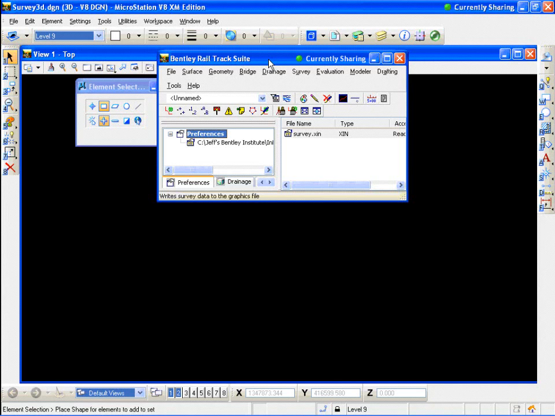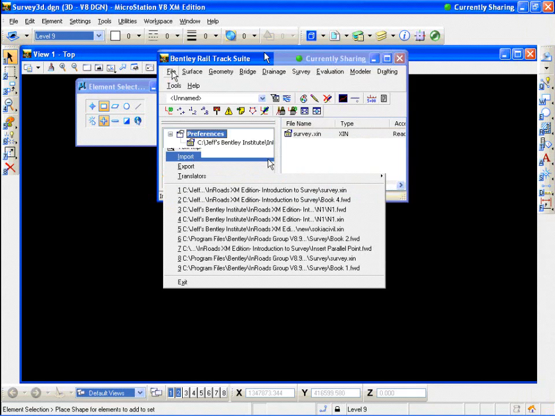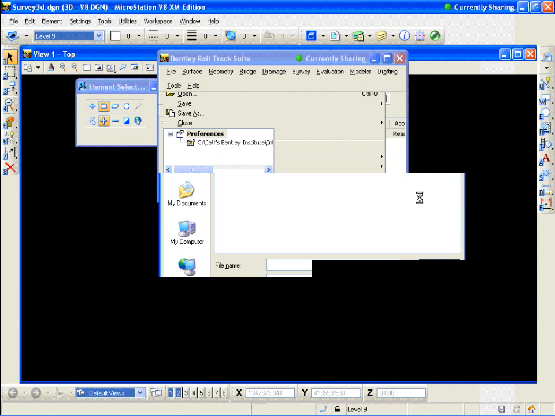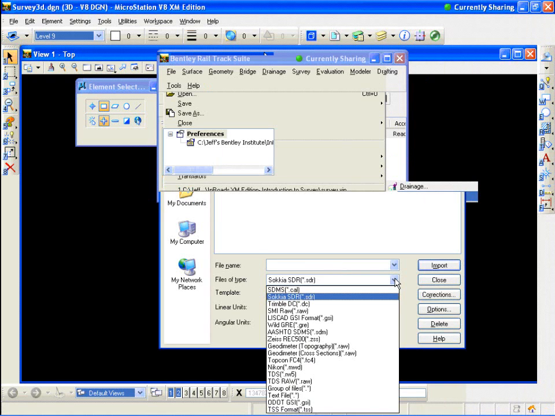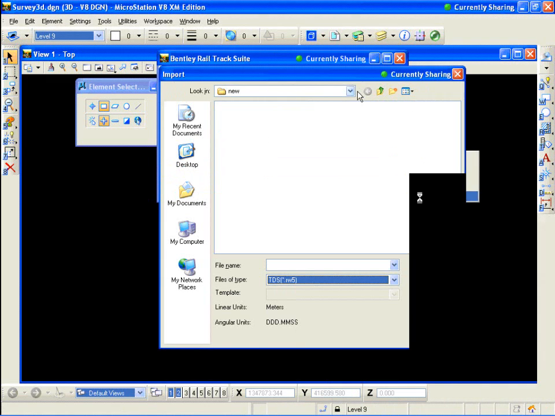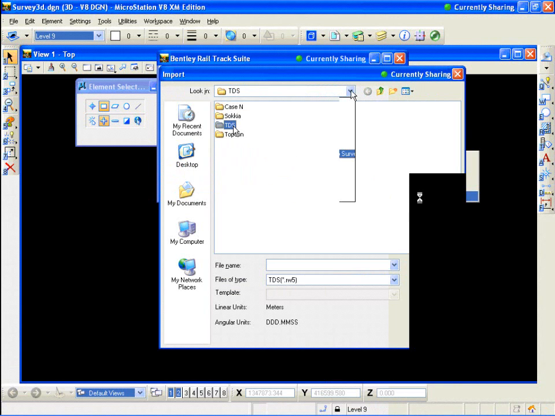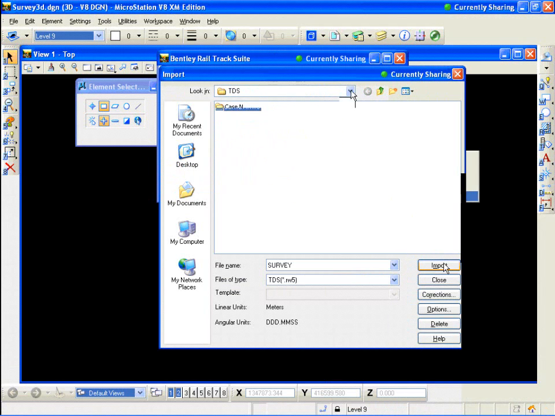So what I want to do now is bring in another file, and this is the data that we're going to be working with. So it's a RW5 file. So what I'm going to do is go to File, Import, Survey Data, and this is a RW5 file. So I need to pick my file type here, and here's TDS RW5. Then I go to the directory that my information is in, import,